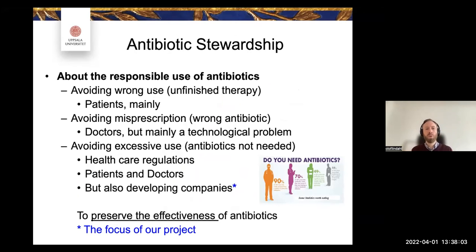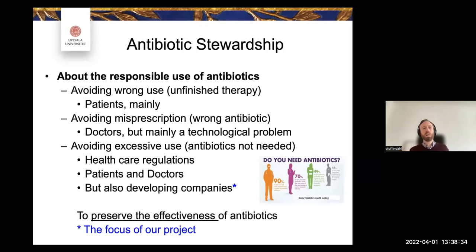So for those of you who don't know, stewardship on a high level is about the responsible use of new antibiotics to make sure we don't use them in the wrong situations or where they are not needed, because generally speaking, the more you use them, the greater is the risk for resistance development and degradation then of the effectiveness of the antibiotic. So you're kind of destroying the product, you're destroying the drug by using it too much. And if you didn't have to use it, that is very stupid.